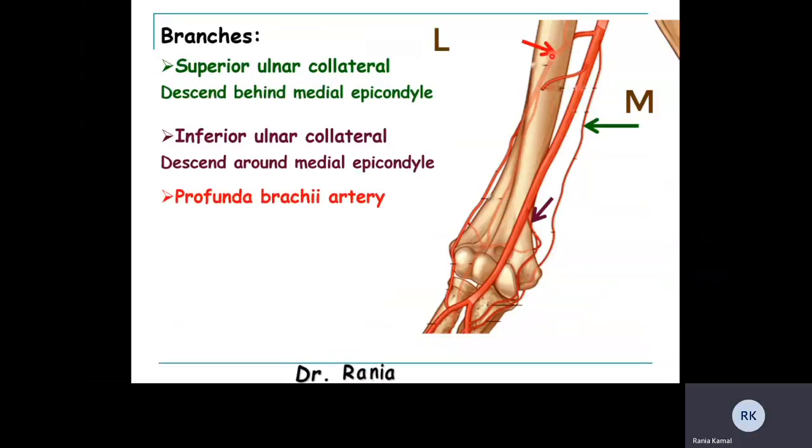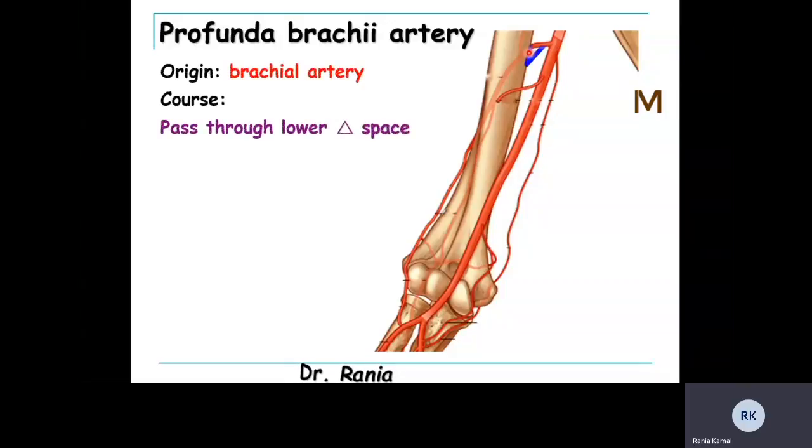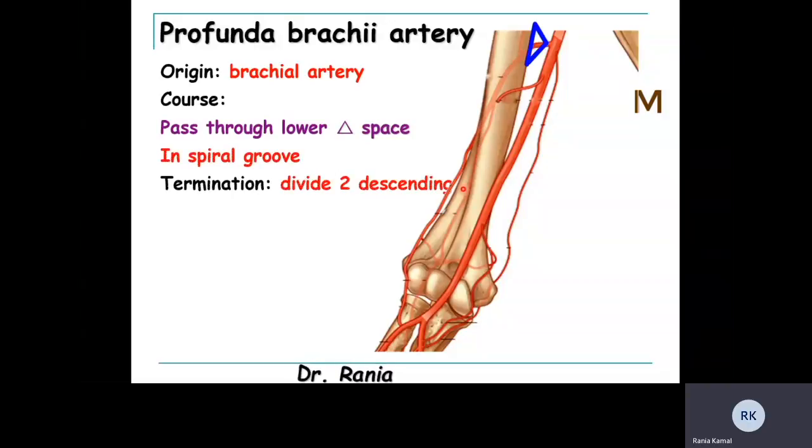The profunda brachii artery supplies the back of the arm, and it gives a nutrient artery to the humerus and, of course, muscular arteries. It arises from the brachial artery. It reaches the back by passing through the lower triangular space. Then it runs in the spiral or radial groove with the radial nerve, and at its termination it divides